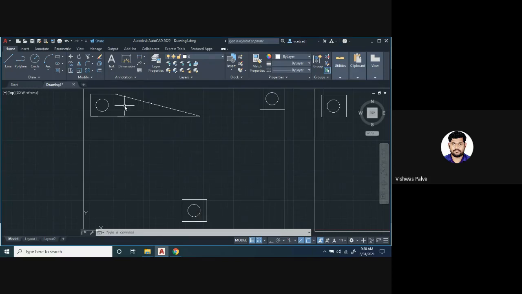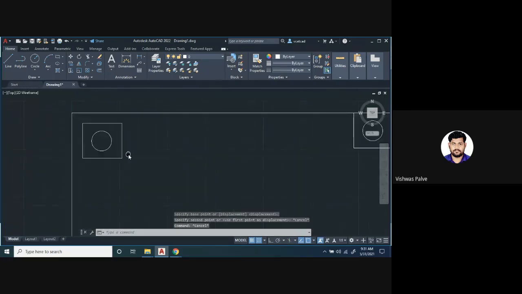Okay. Now I want to extend the width, or the length of that. So how to do that? Stretch option, select the object, press enter. Then you select this as a midpoint. First point, select the second point. On the same rectangle, I can select the second point for stretching.